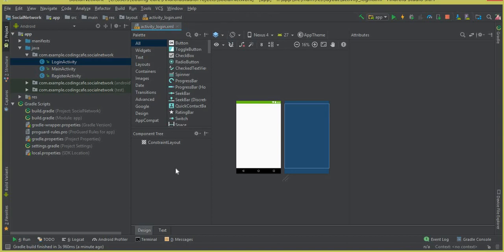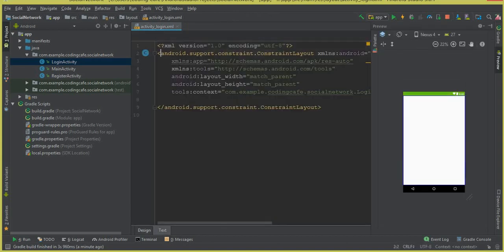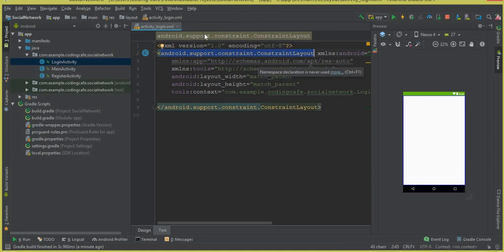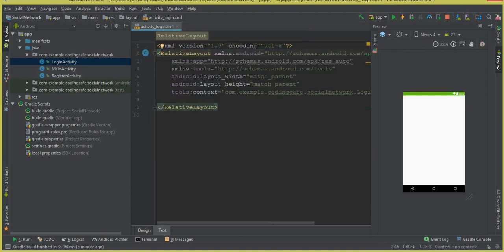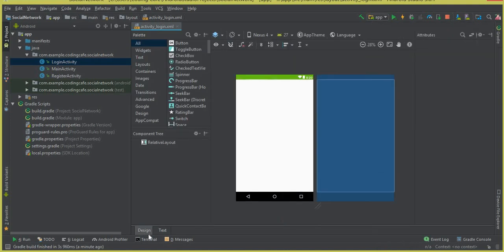Okay, and first of all, let's change this constraint layout to relative layout. Okay, so select this and let's change it to the relative layout. Okay, and now